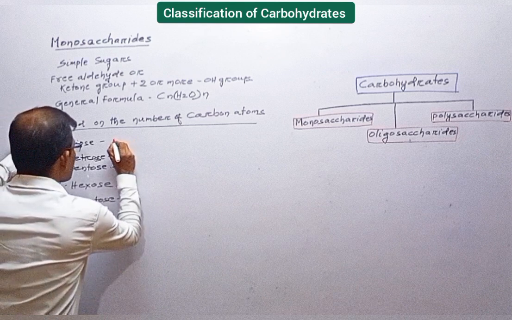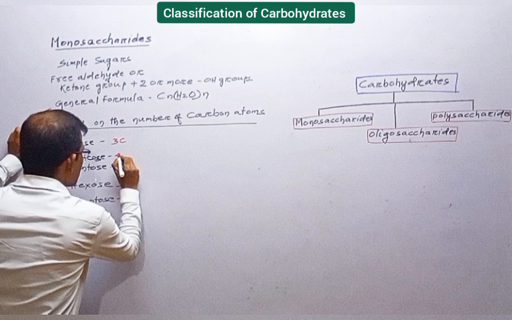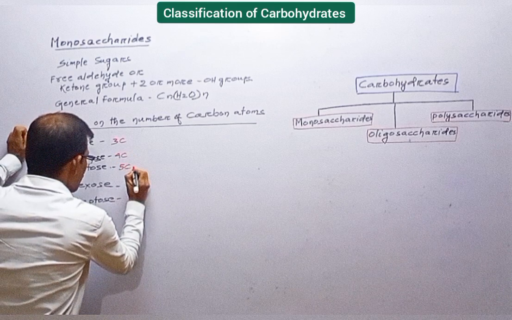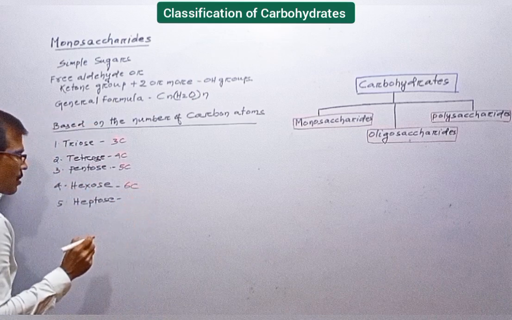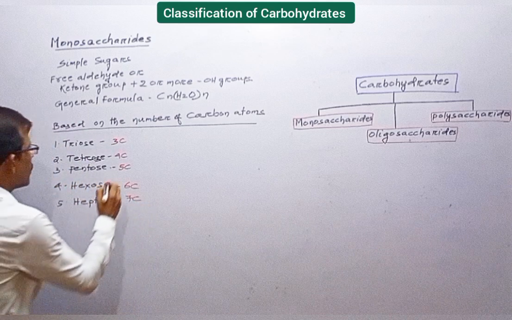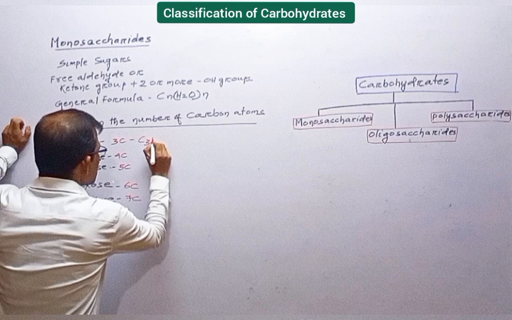Triose possesses 3 carbon atoms, tetrose has 4, pentose has 5, hexose has 6 and heptose contains 7 carbon atoms. The general formula of triose is